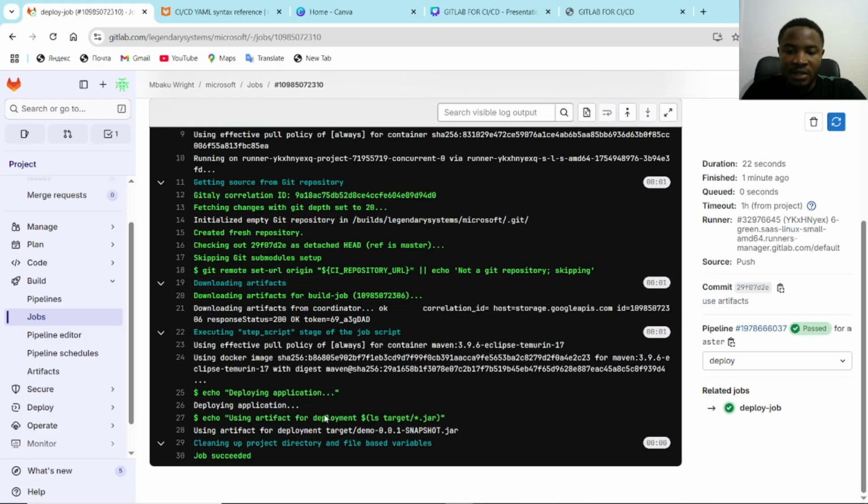So this is the deploy job. You see, now the deploy job was able to use the artifacts, because when the deploy job starts, it says downloading artifacts for build job. It is downloading the artifacts from the build job. Remember, our pipeline does the unit test, then the build job, and then after that deploy. So the deploy job is getting artifacts from the build job, and then you see it says using artifacts for deployment in target slash, that is the demo